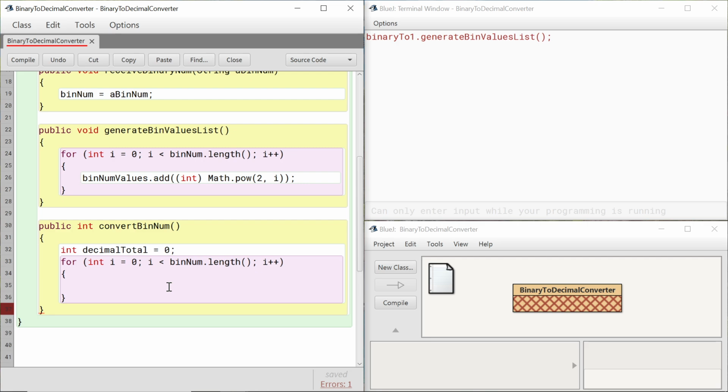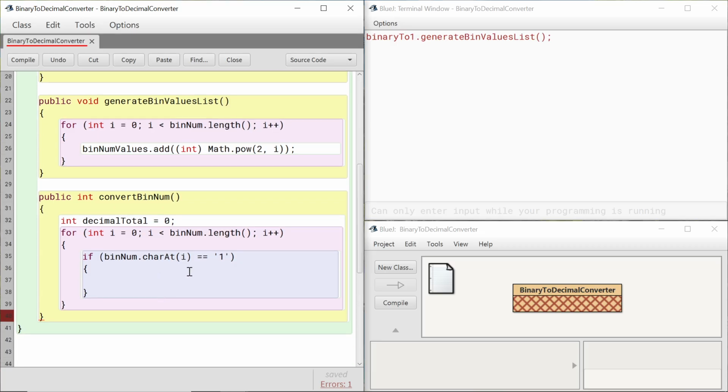Okay, so for each character in binary number, if that character at the index we're currently checking, which is i, is equal to 1, then we want to, actually that needs to be in quotation marks because it's a character. We want to check the Unicode value of it, not the Unicode value of just an integer 1. Okay, right, so if that is equal to 1,